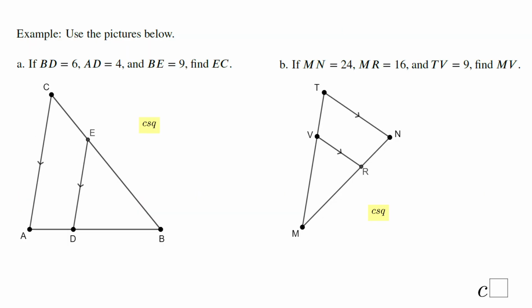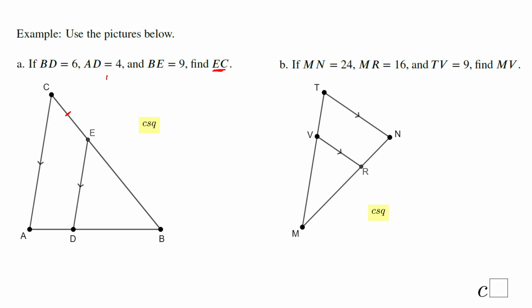So now let's take a look at this first example, where we have these two triangles, BDE and BAC. Those triangles are similar because, if you notice, this is a common angle, these angles are congruent, so just by the angle-angle similarity theorem we know these triangles are similar. But now we are asked to find EC, this segment you notice here. So we're going to use the previous theorem, which says